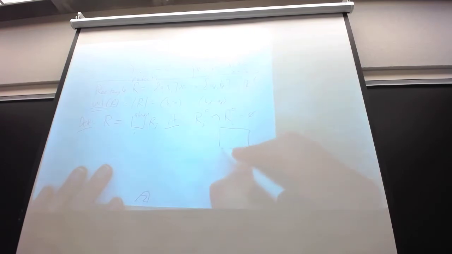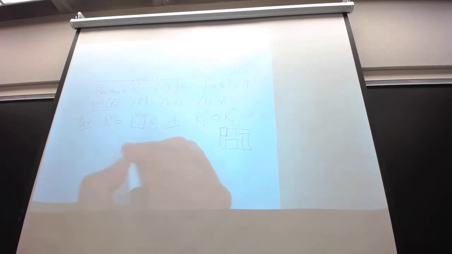I want to take a rectangle and cut it up into rectangles. That's not a rectangle. There, that's a rectangle. Okay, so these are all rectangles. Rectangles by definition are closed and bounded. It's compact. So they're not disjoint because the edges overlap. But that's what I mean by an almost disjoint decomposition of a rectangle into rectangles. All right. So a set of rectangles is almost disjoint. This is what we're doing.